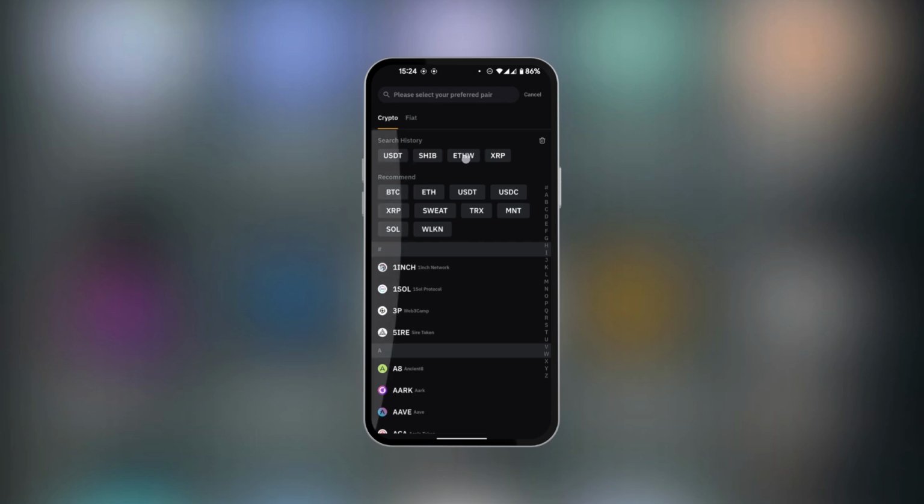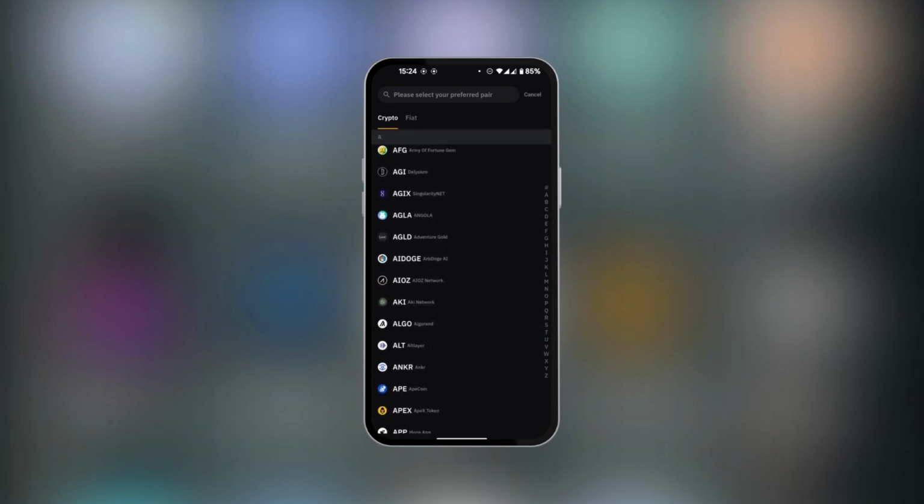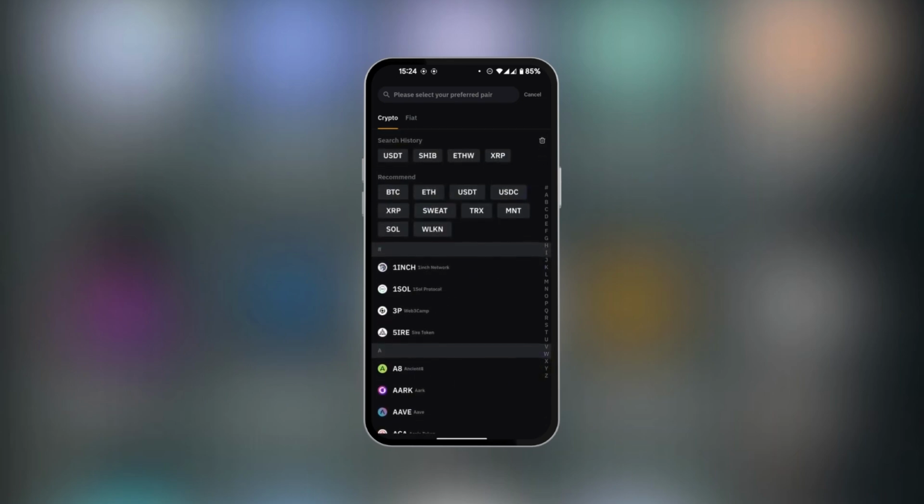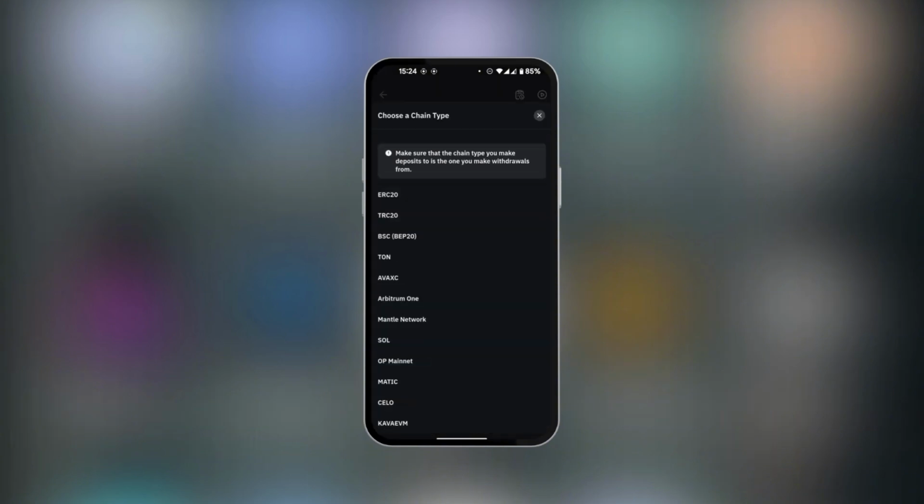You could have it here in your search history depending on what you did before, or you could have it here in the recommendations, or you can swipe and scroll down to the bottom to look for it, and then finally you can search for it here in the search bar. We're just going to select the search history, of course,